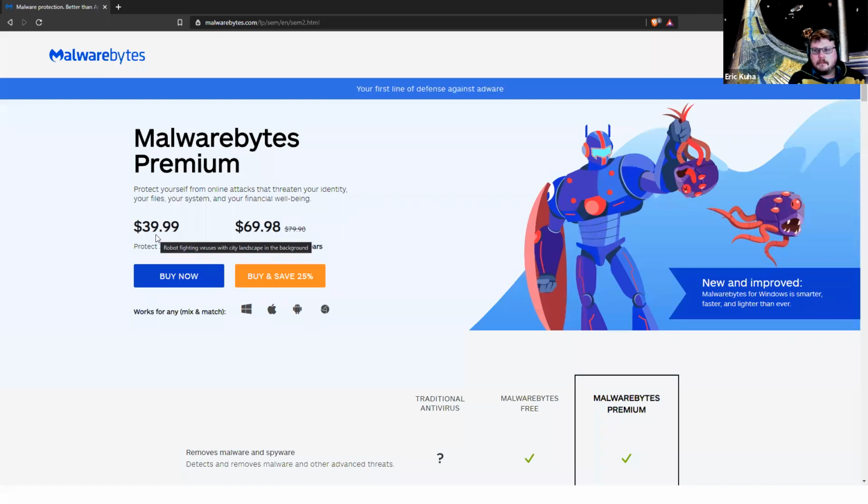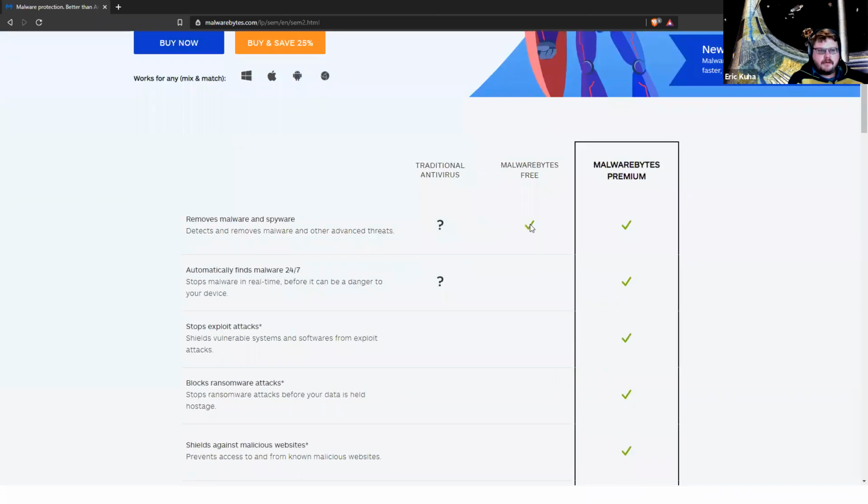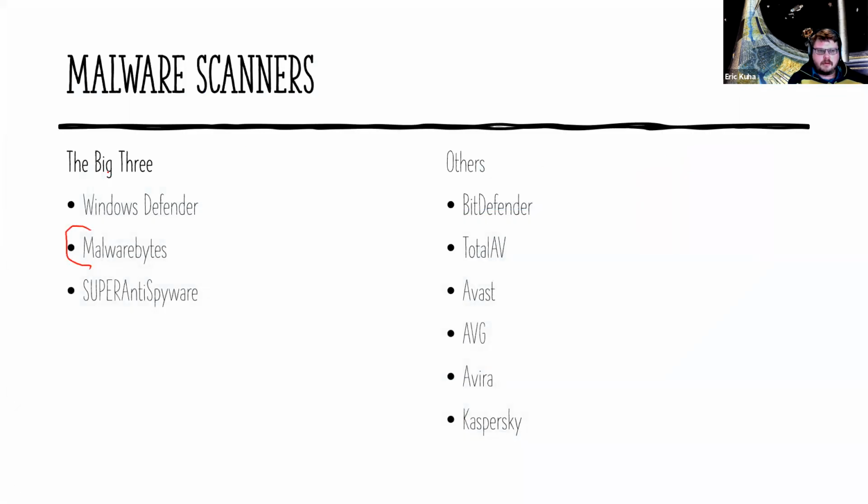Now, they do have a premium plan, which is $40 a year, which is honestly not that bad. It's cheaper than, like, McAfee. But their free version is a very, very capable scanner and remover. It doesn't have real-time protection, so you've got to run it like once a month or once a week or something like that. You should run it regularly, but you can't schedule it if you're using the free version. I just use the free version, and it works pretty good. Usually it doesn't find anything because I don't really do dodgy things on my computer anymore.